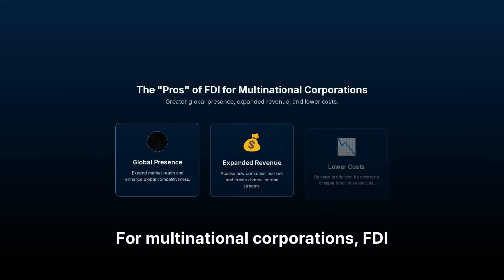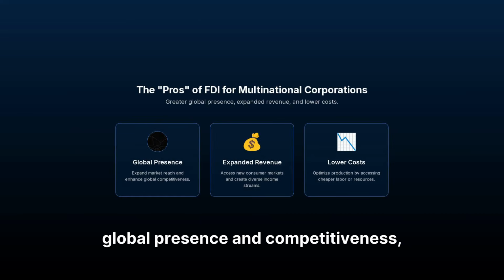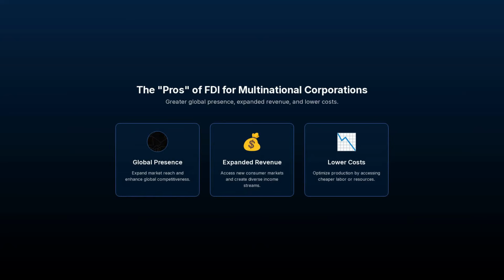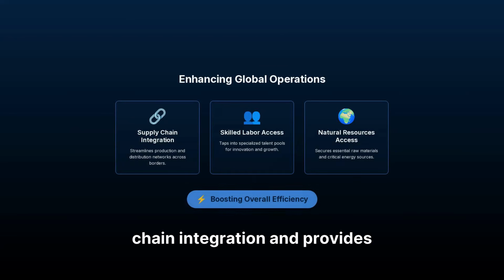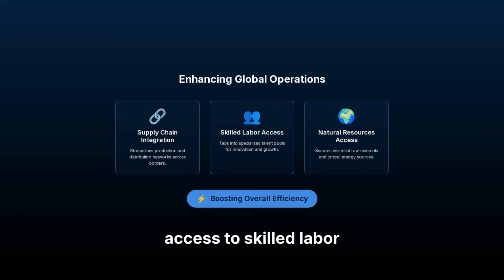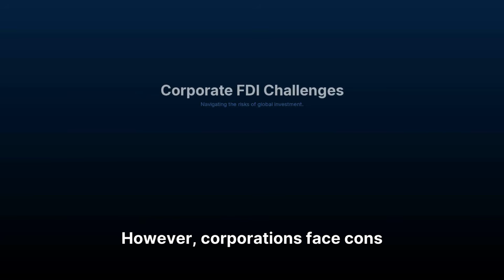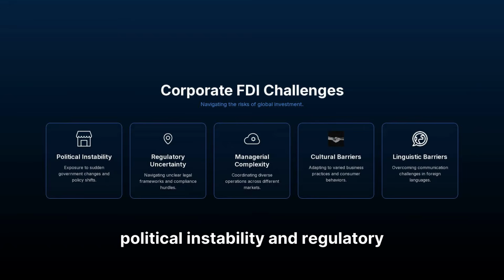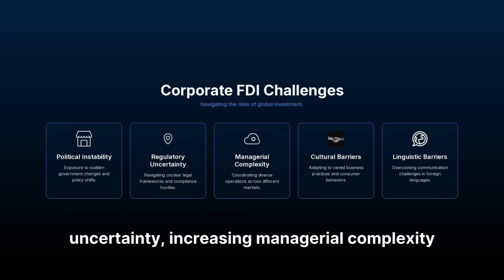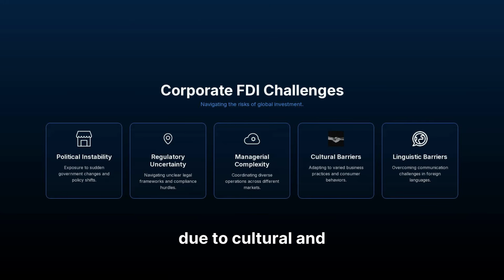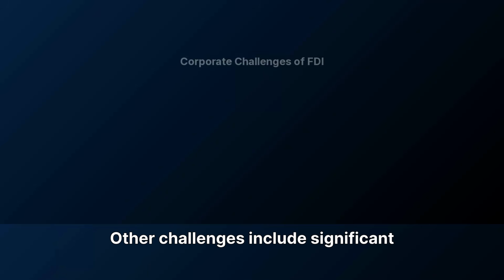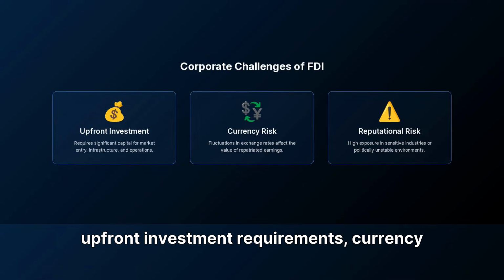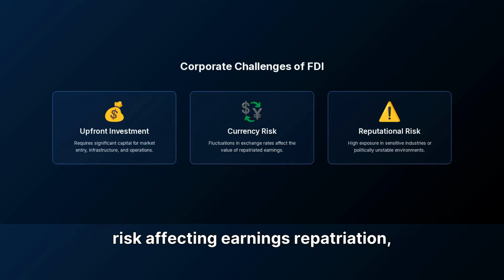For multinational corporations, FDI offers pros like greater global presence and competitiveness, expanded revenue sources, and lower production and labor costs. It also enhances supply chain integration and provides access to skilled labor pools or natural resources, boosting overall efficiency. However, corporations face cons such as exposure to political instability and regulatory uncertainty, increasing managerial complexity due to cultural and linguistic barriers. Other challenges include significant upfront investment requirements, currency risk affecting earnings repatriation, and potential reputational risks, especially in